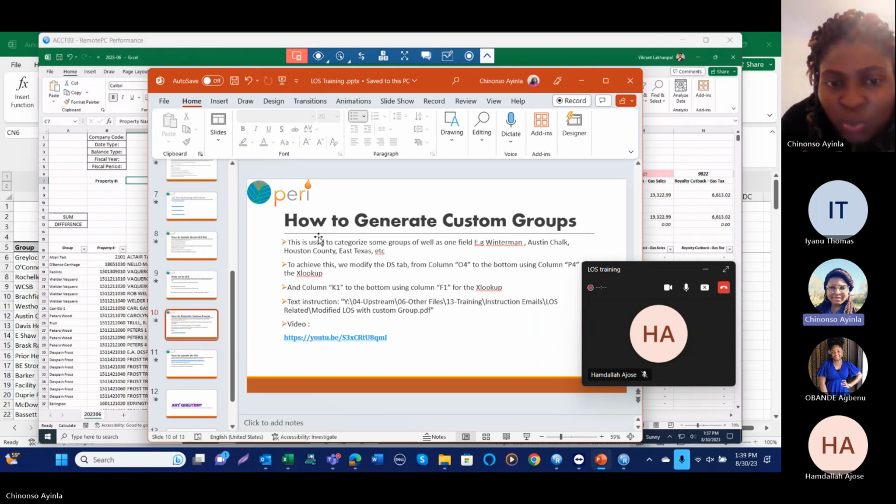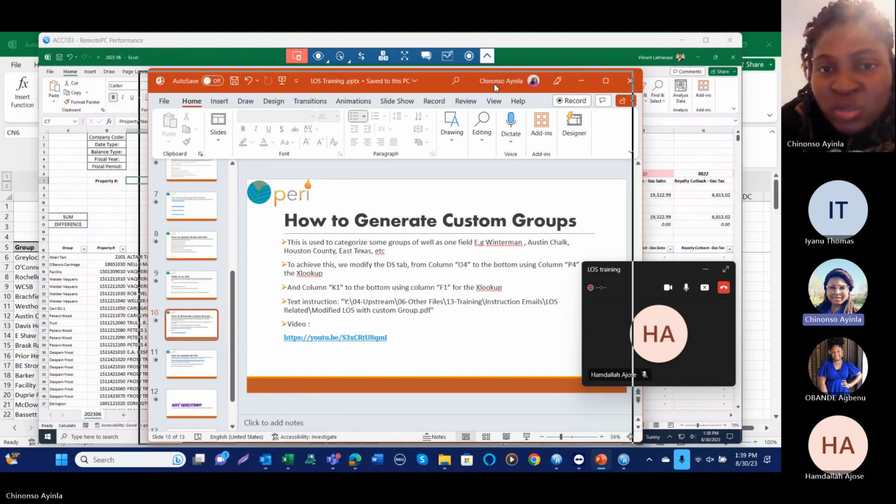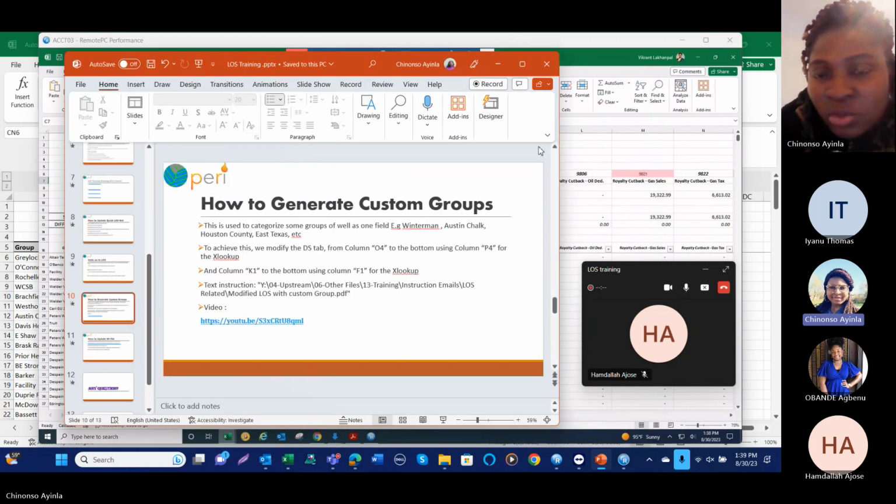So now we are going to move to the one that Mr. Vikram just introduced, how to generate a custom group. When we talk about custom group, it means that if, for instance, you want to extract some wells and group them under a particular name. For instance, if you look at this LOS we have here now,